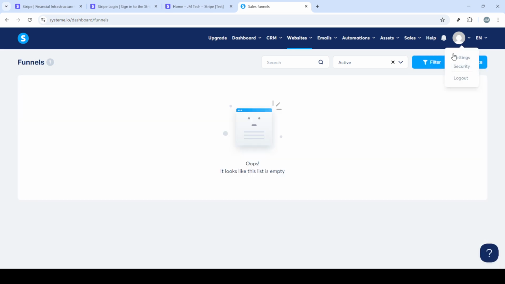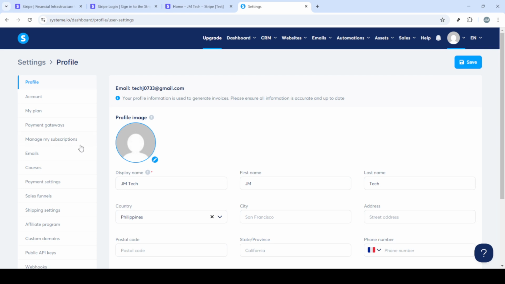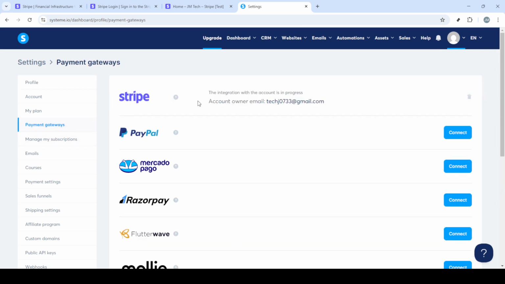Once you've confirmed your bank details and continued, head back to settings in your Systeme.io account. It's a good idea to double check that everything is connected correctly. Then select Payment Gateway once more. You should see a notification or status that confirms